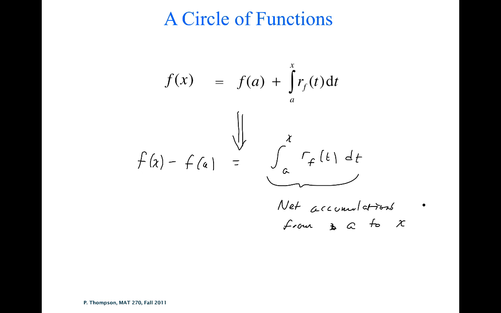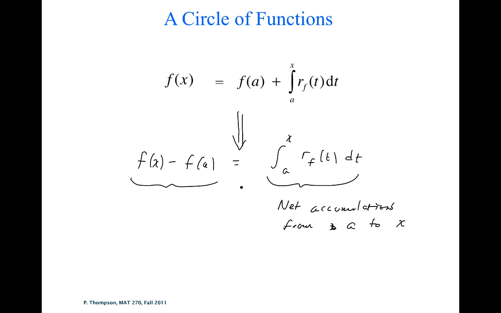Open form. It's representing what? Adding up all the little bits of accumulation, right? Like our long accumulation function, summing up the bits of change, each one calculated by rate times change in X. Rate times change in X plus rate times change in X. And we're going to sum all those up and get the net accumulation starting from A to X. And when we do that, we get,